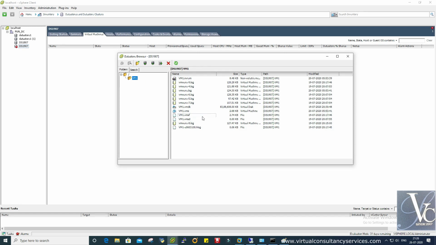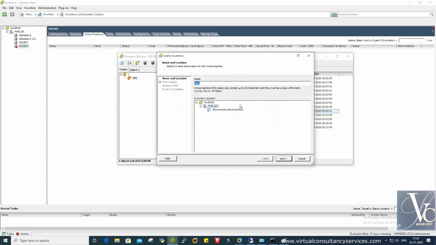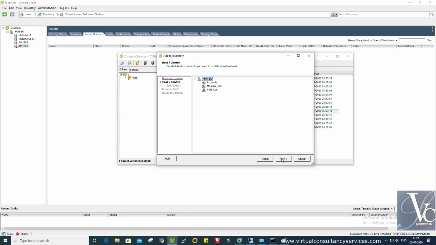We should get the file name here. So this one is the unregistered VM which we removed some time before. We have to search for the VMX file here. See, this VMX file is the configuration file. Right click on that and add it to the inventory.